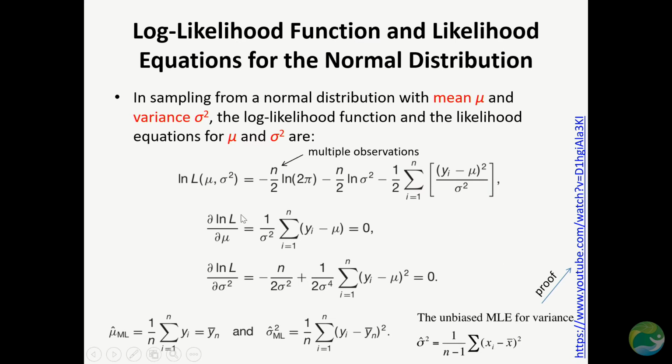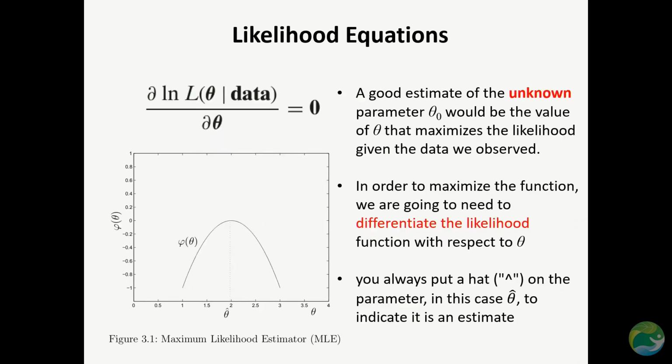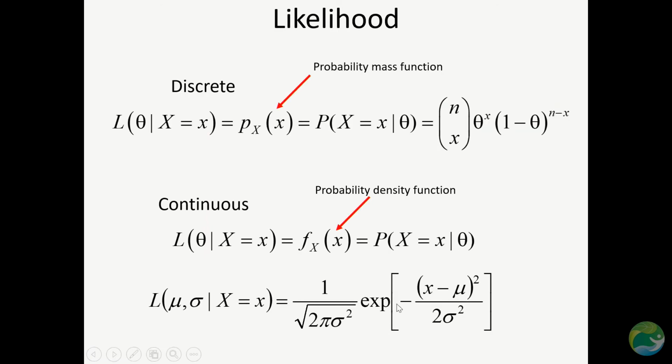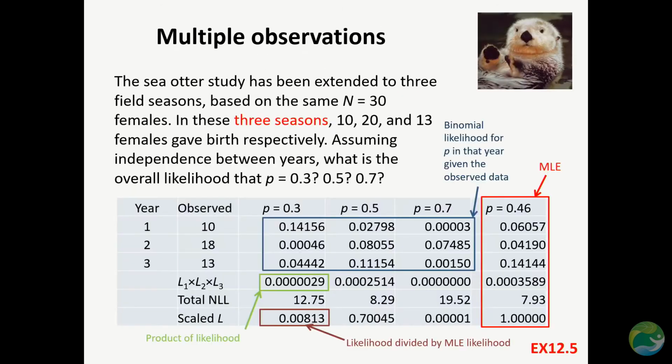Here I show you the log likelihood function. The log likelihood function is when you take a log of the likelihood function. What is the likelihood function for a normal distribution? It's this one. And we take a log of this one. Okay? It becomes